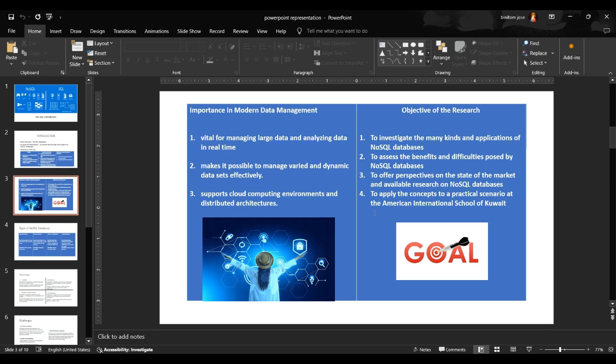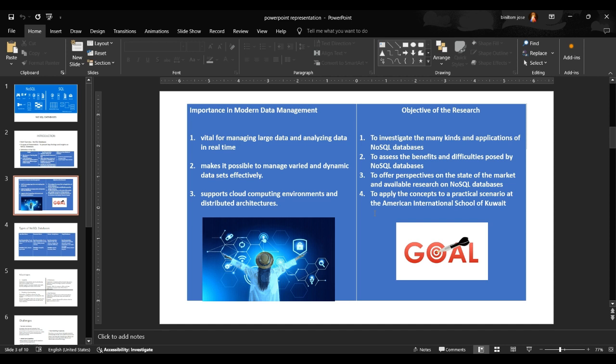The main objective of the research is to investigate many kinds and applications of NoSQL databases, and also the benefits and the difficulties incorporated by NoSQL databases, as well as the perspective the market has to offer in the case of NoSQL databases, and also in the 3.2 as well as the 4.2c